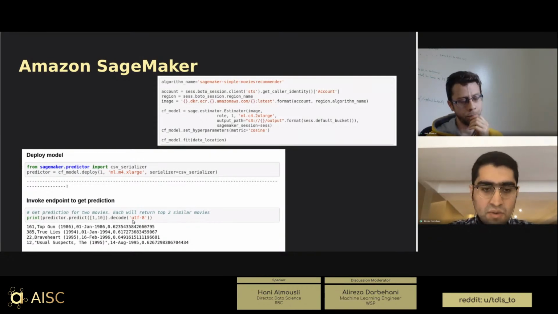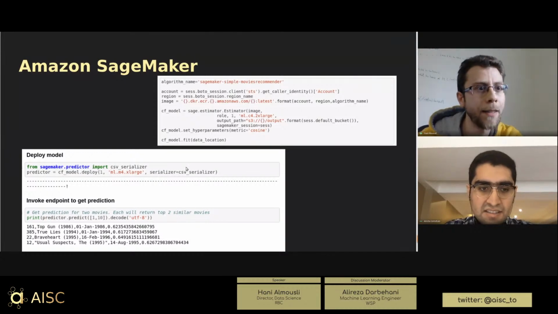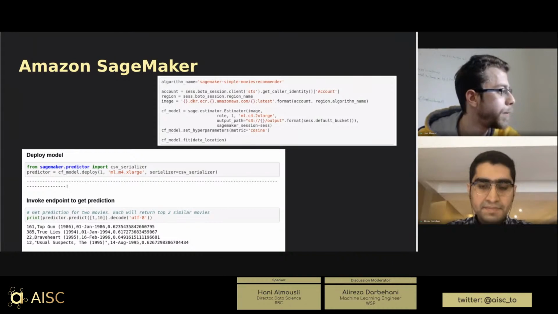So the Docker container is supposed to implement the kill signal from SageMaker, according to their documentation. How do you do that? The challenge is I don't know if I can share the screen here.